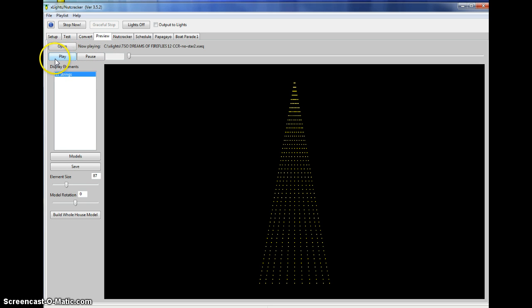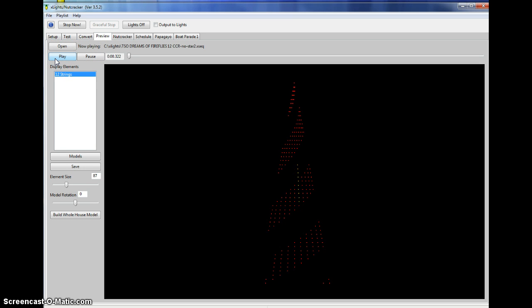So I'll go ahead and hit play here, and we're gonna watch the effects. As the song starts out, you'll notice that these are things you can't do in Nutcracker. There'll be some plaid type effects right there that shift back and forth. There's an animated guy playing a violin and a guitar, and as this is playing, I hear the audio in my headphones, which you can't hear in this recording. It is a well done piece, and it matches up identically to what the audio is. So I'm going to go ahead and stop it there,